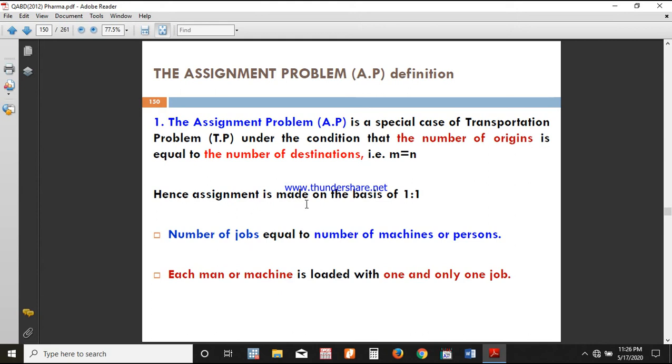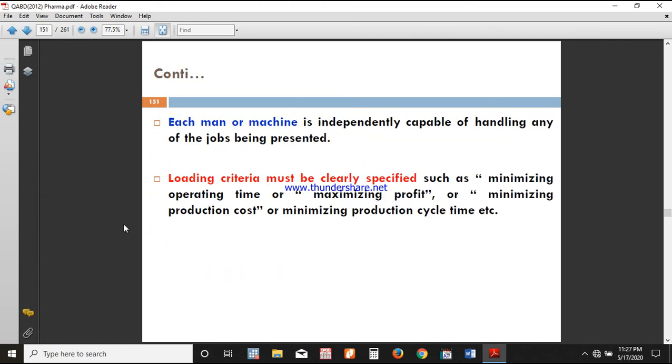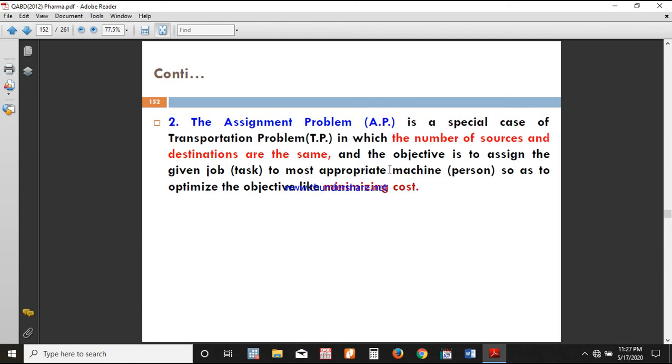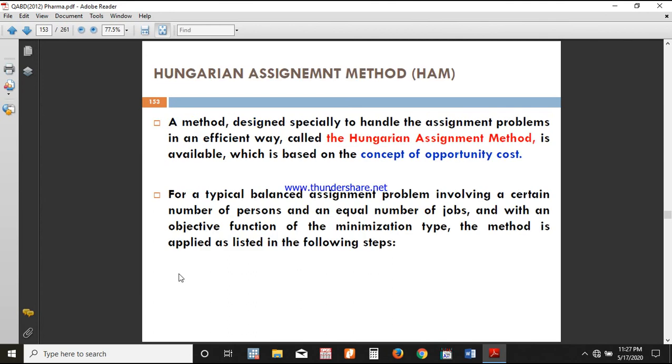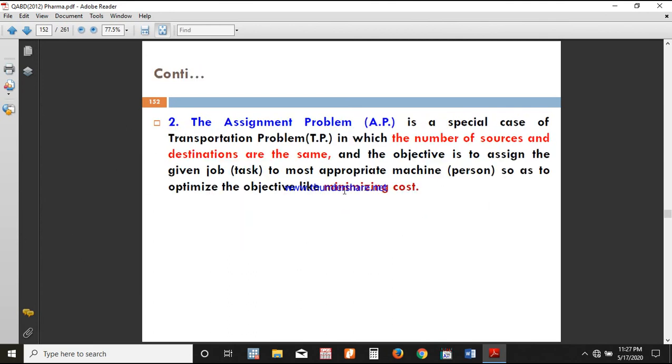Here the assignment is made on a one-to-one basis. Therefore, the number of jobs should equal the number of machines or persons. Each man or machine is loaded with one and only one job. Therefore, the loading criteria must be set specifically. The assignment problem has the same number of sources and destinations, with the objective of minimizing the total